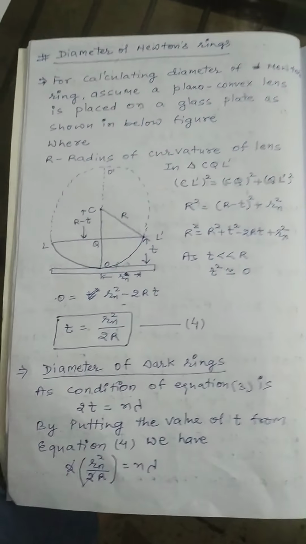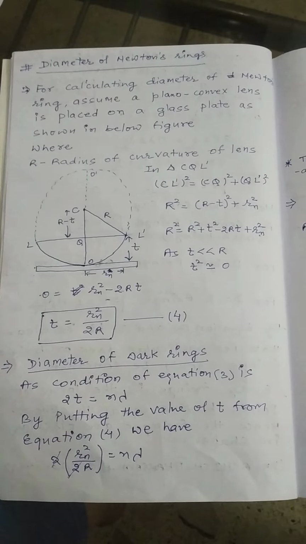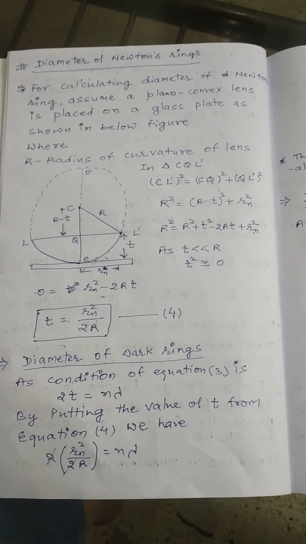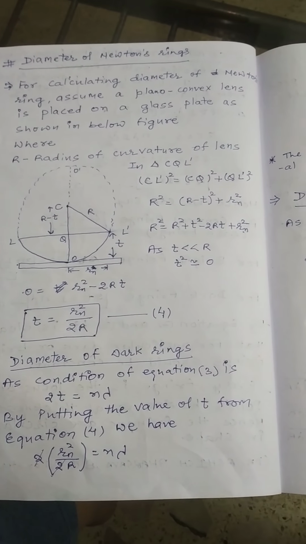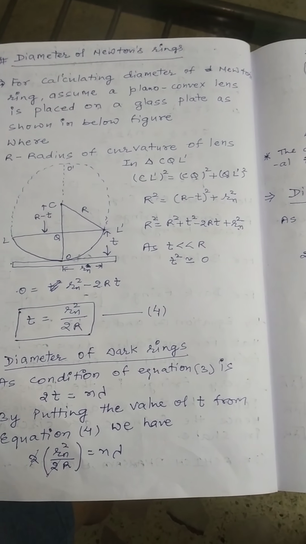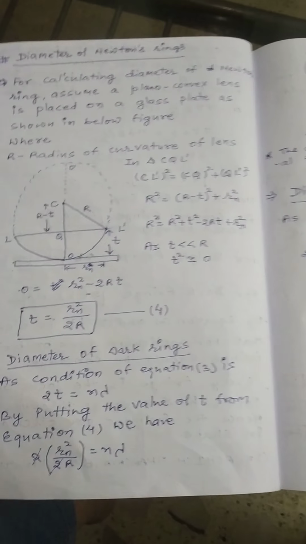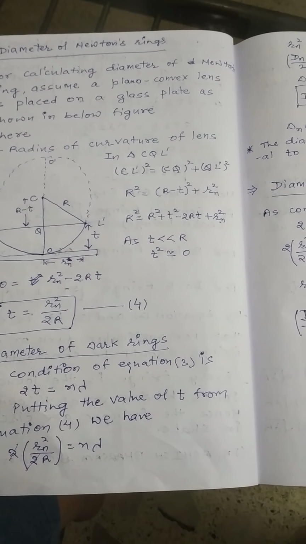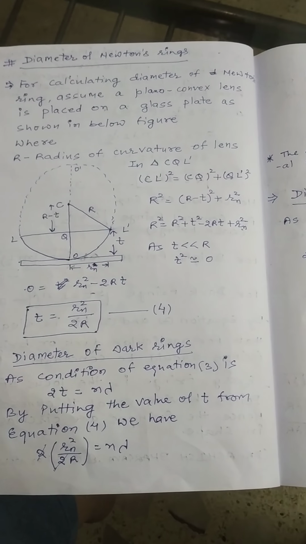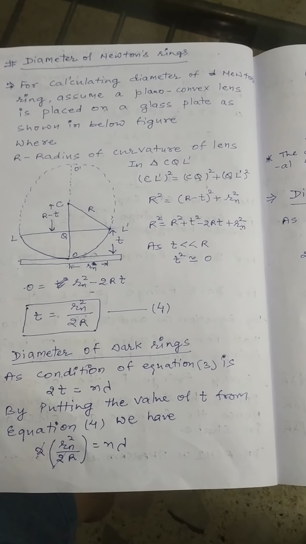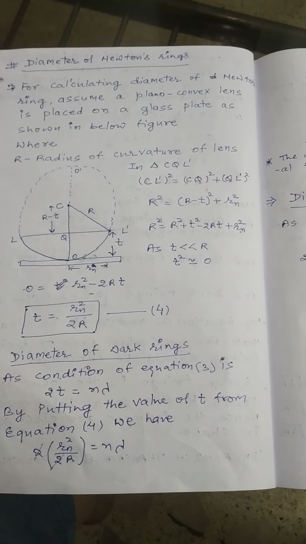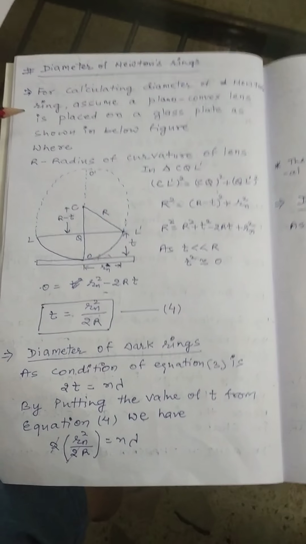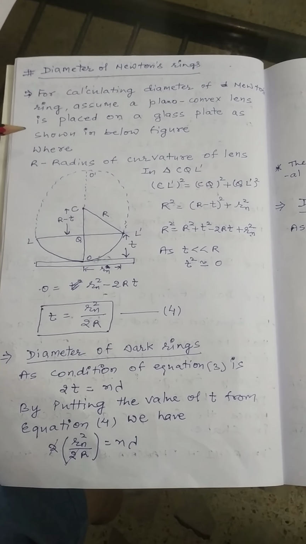Hello learner, in the last class we started discussing interference and Newton's ring, and now we determine the diameter of Newton's ring and the application of Newton's ring. First, the diameter of Newton's ring. For calculating the diameter of Newton's ring, assume a plano-convex lens is placed on a glass plate as shown in the figure given,